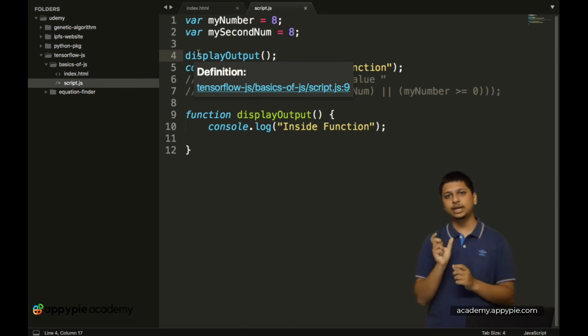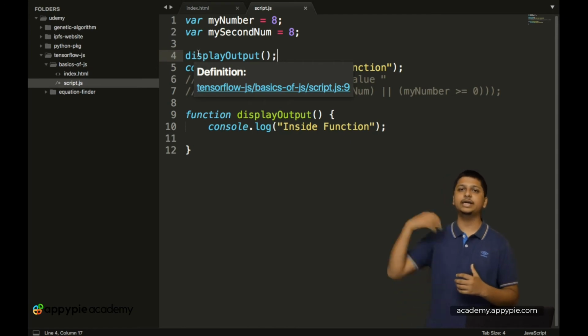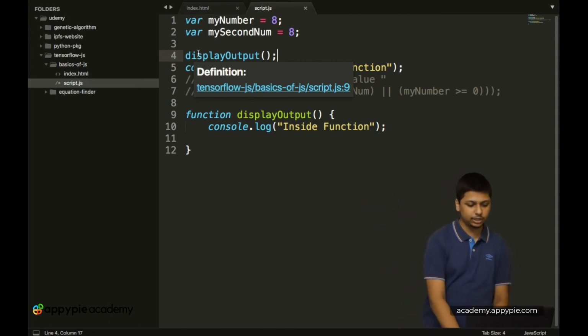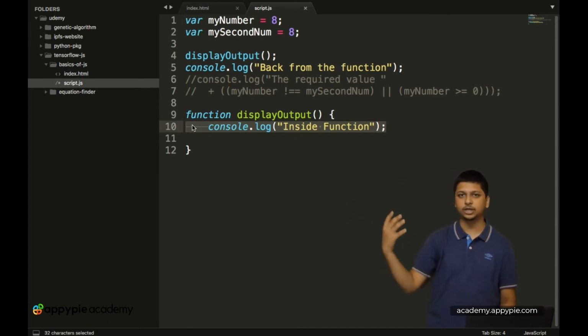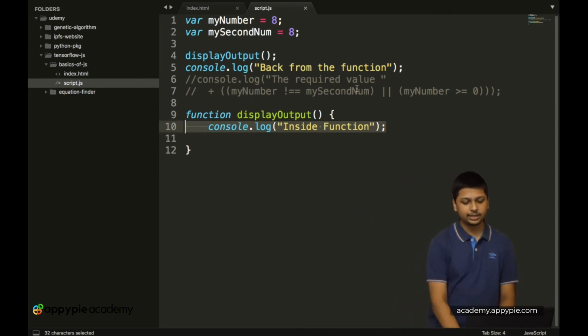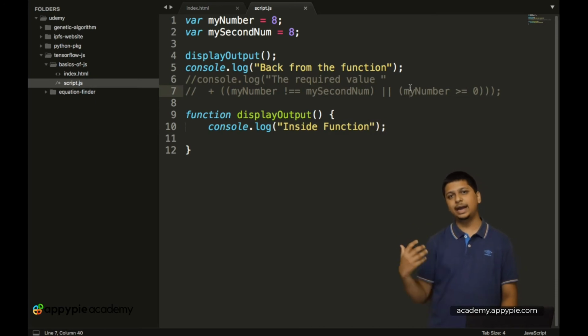And this particular type of method is called a void method, where we are not returning anything back. So the code inside this is only executed and we are not giving anything back from the function. Okay, so then next up, let's add a function which returns some value.